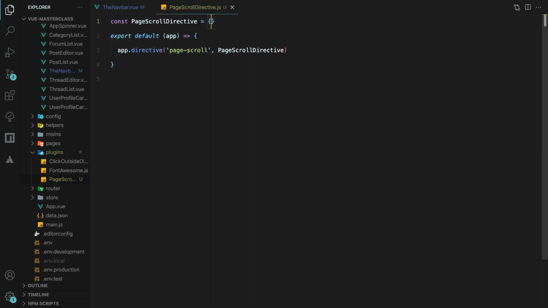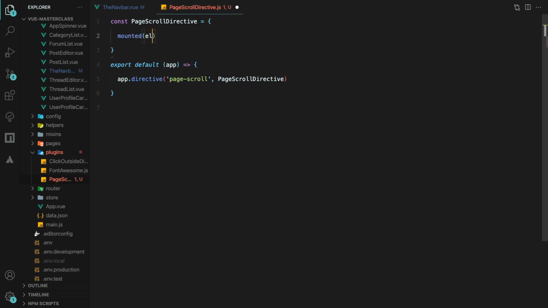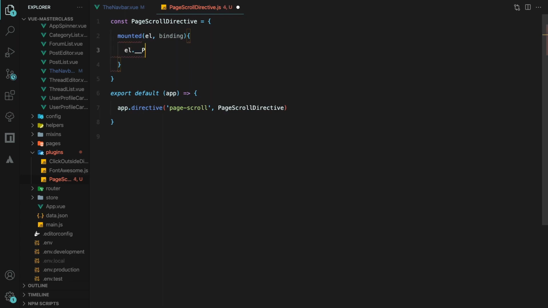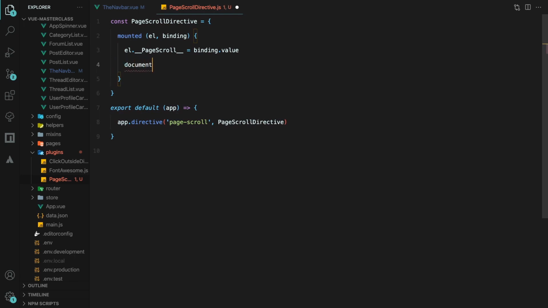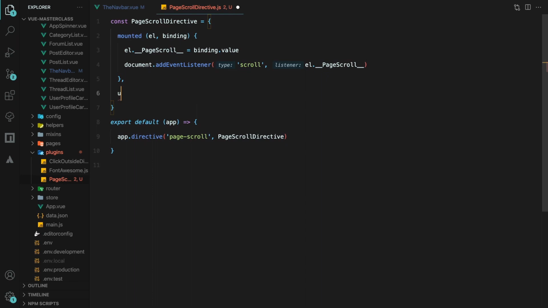This directive's job is to call the passed expression when the user scrolls, right? So, on mounted, we will assign the binding value to a property on the element. Then, we will add a scroll event listener to the document and pass it the function. Lastly, we will clean up the event listener in unmounted.